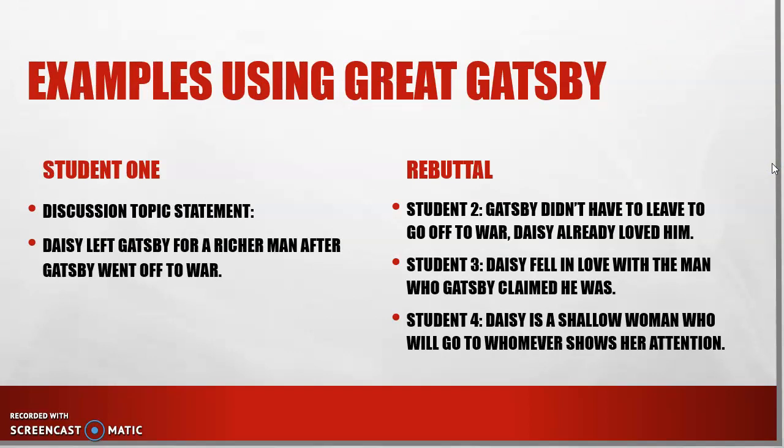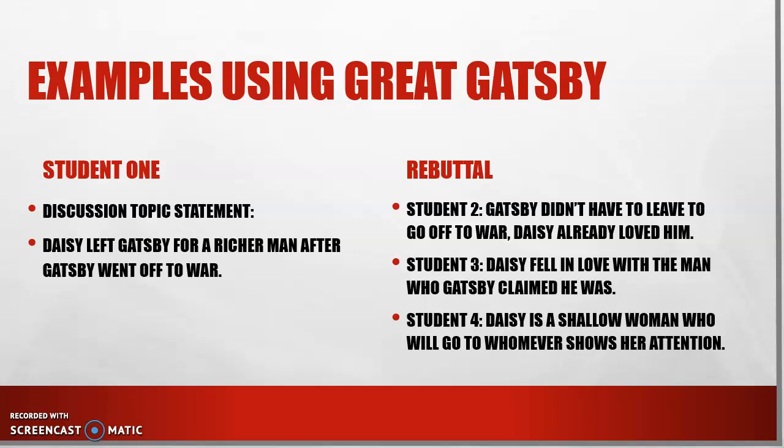So, we're going to go ahead and use an example using The Great Gatsby. Say the topic of choice is: Daisy left Gatsby for a richer man after Gatsby went to war, which is a very true statement and can be found in the novel. But here's the other thing. The students are going to be able to rebut this statement by using different